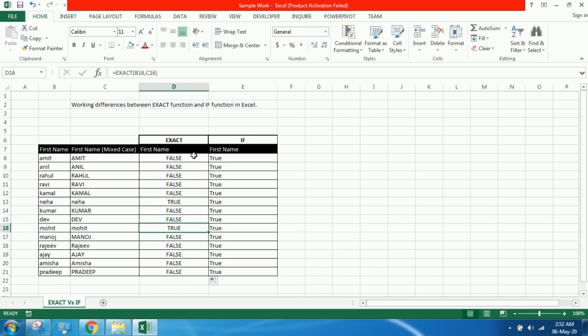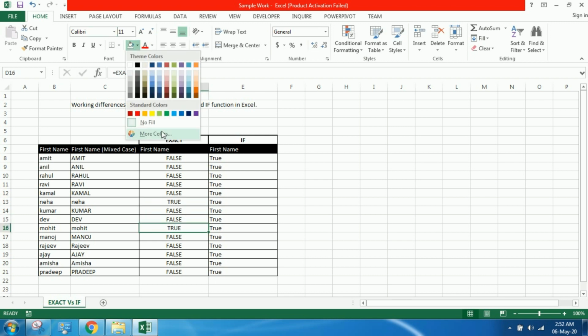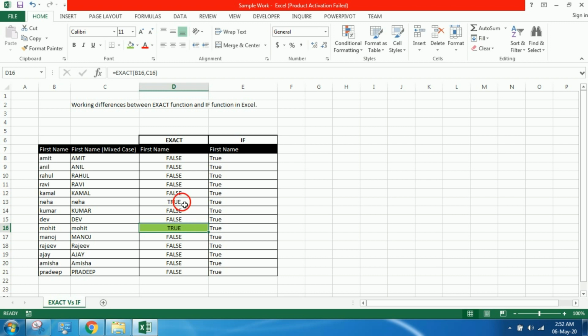It will show true only in the rows where we have exactly the same match between the first names given in column B and column C. So Neha and Mohit are exact matches.